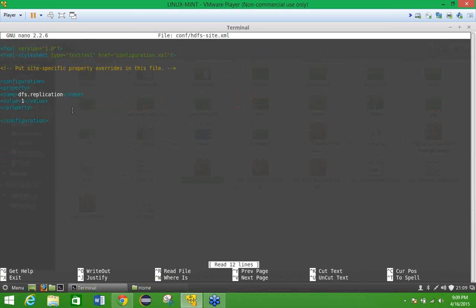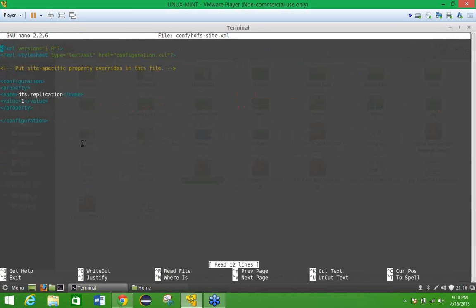Here inside this HDFS file, again the configuration lines will be there, and the remaining four lines, whatever properties, will not be there; it will be totally blank. Here you have to set that property. My first property name is dfs.replication. What does replication mean? This is simply the number of copies of the data node, the number of copies you are making of your block. We have seen in the theory part that by default the number of copies will be 3. But here I am setting the value as 1,